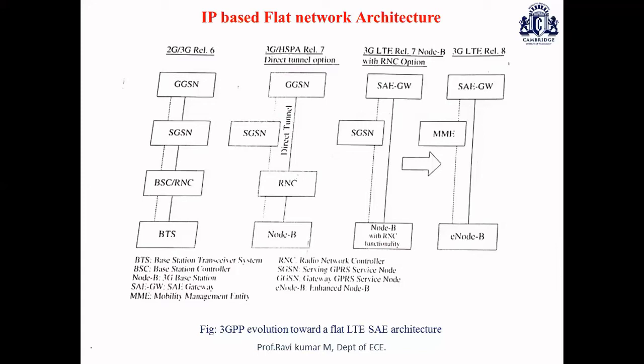Control path includes an entity called the mobility management entity that provides control plane functions related to the subscriber, mobility, and session management. The mobility management entity and the system architecture evolution gateway are combined together to form a single entity called the access gateway. The key aspect of LTE flat architecture is that it supports all the services, including voice, using IP protocols. That's about the key enabling technologies or features with respect to LTE.